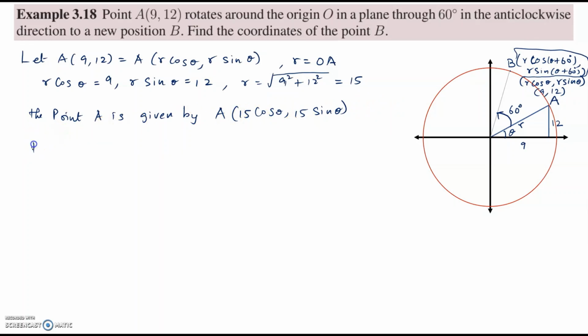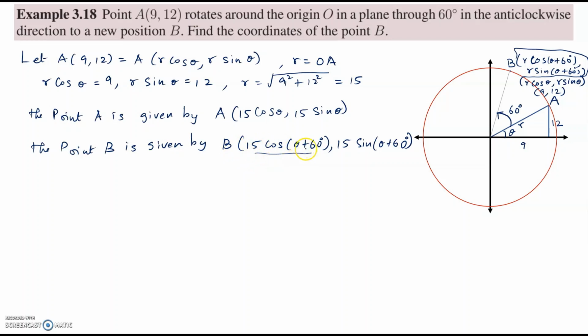So the point B is given by, r is 15, so (15 cos(theta plus 60 degrees), 15 sin(theta plus 60 degrees)). So let's find each of the coordinates. Let's first take the 15 cos(theta plus 60 degrees). So 15